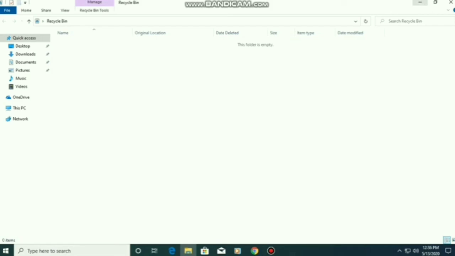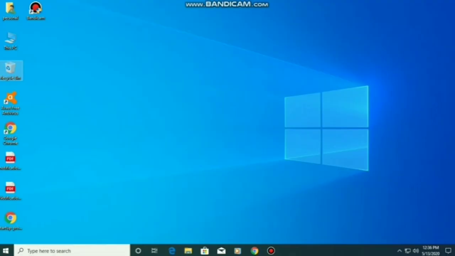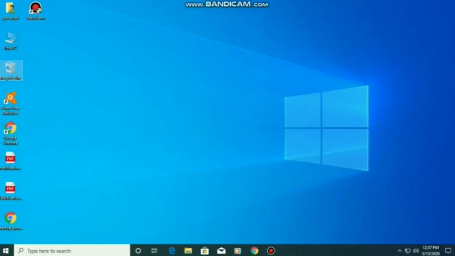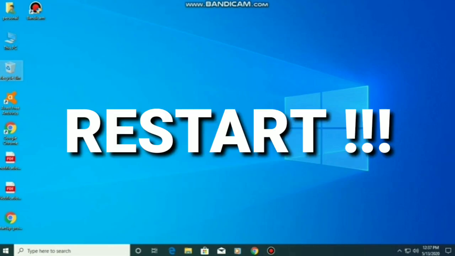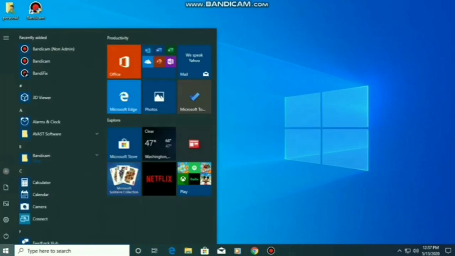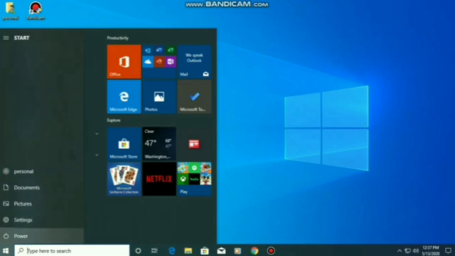These are some of the steps which I would recommend. These are safe steps, various steps recommended to you, and I have tested them and done them on my PC. It's working very fine. After following these steps, you can restart your computer now. Once you restart, it will show you the fresh settings which you have made. And the last bonus tip: if all these steps are not working for you, the only thing I would suggest is to simply restart your computer.